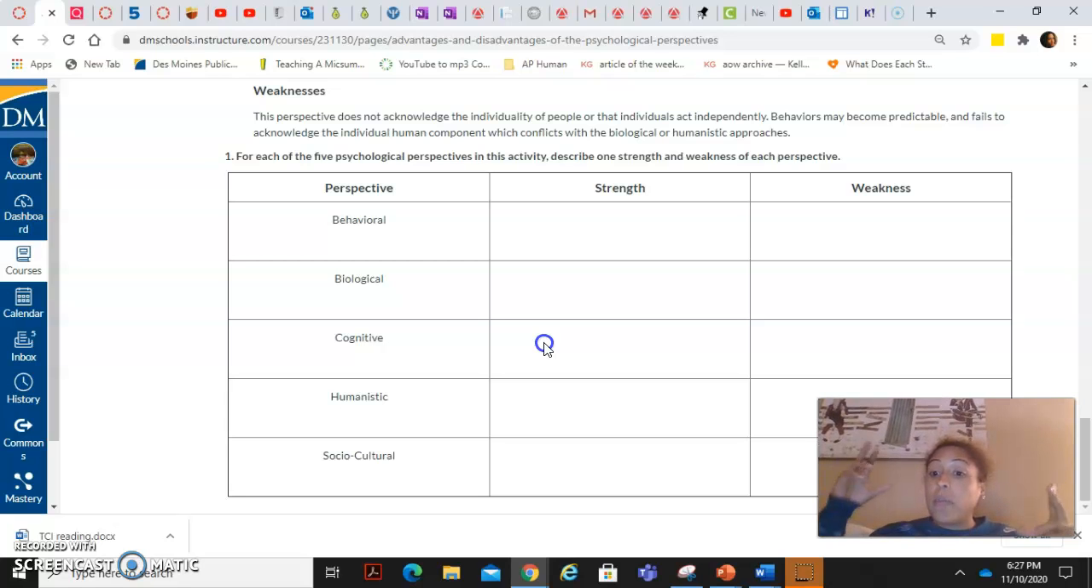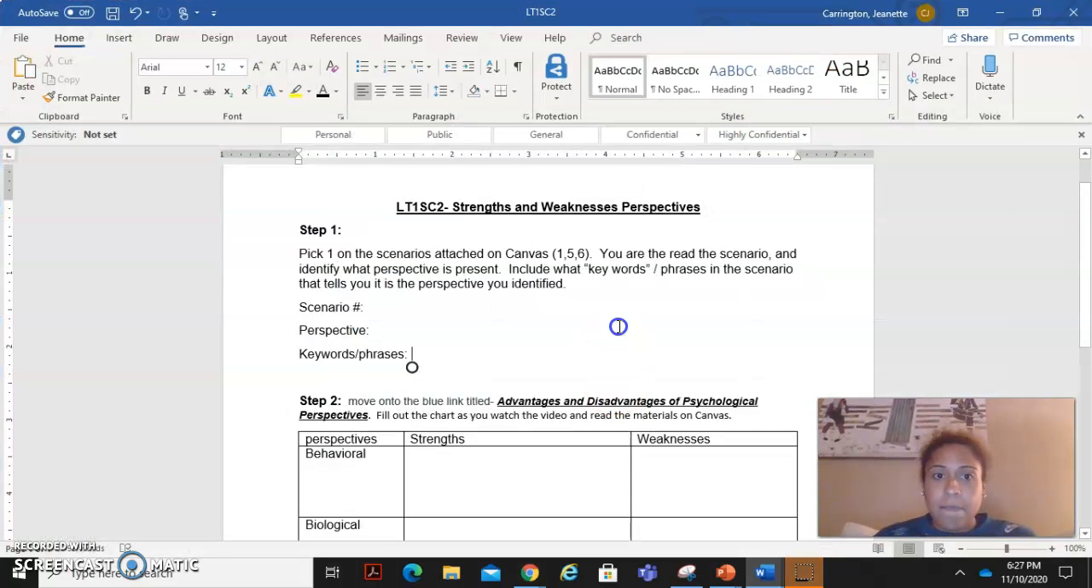I combined both of these pieces of the assignment into one Word document to kind of streamline things. This is what that document should look like. It is, again, titled Learning Target 1, Success Criteria 2, Strengths and Weaknesses of Perspectives. Step 1, it just, again, goes over what we just talked about. Pick one of the scenarios. Read the scenario, identify the perspective, and put some phrases and keywords in the text that alerted you to whatever